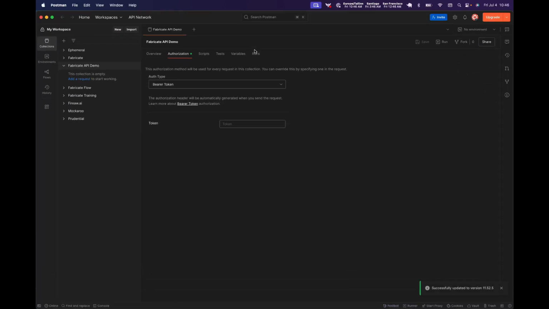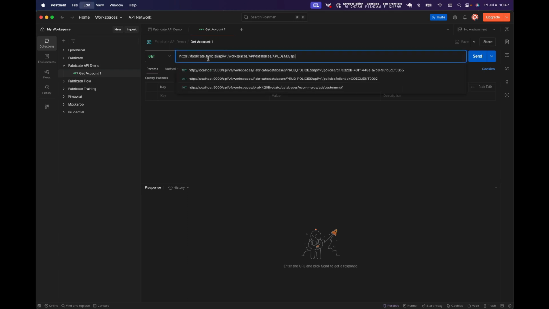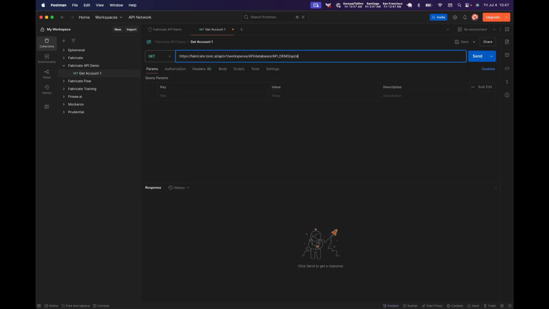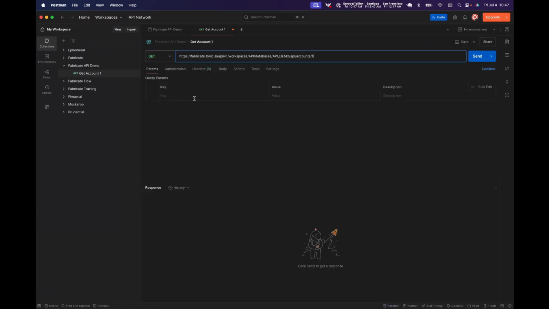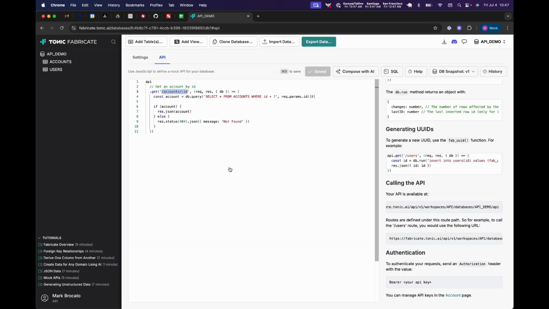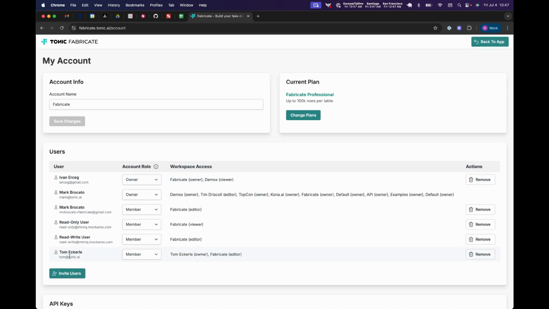Okay, so here's Postman. I'm going to just add a request to call get account 1, and then we'll put that in there, and then it's /accounts/1 because that's the path that we defined here. And what we should get if we call this is actually an authentication error because we have to set up our API keys first. So in order to do that, we need to go into My Account, and then we